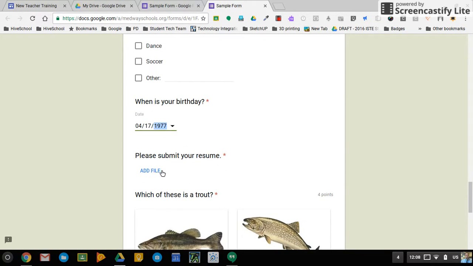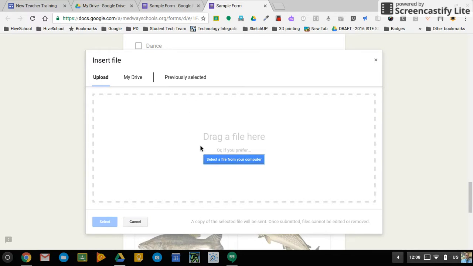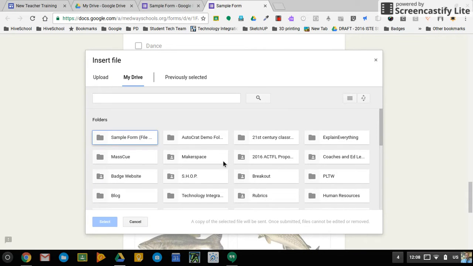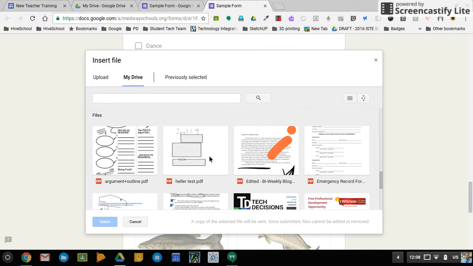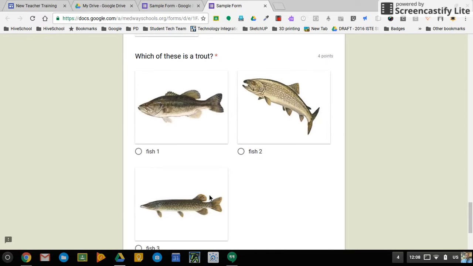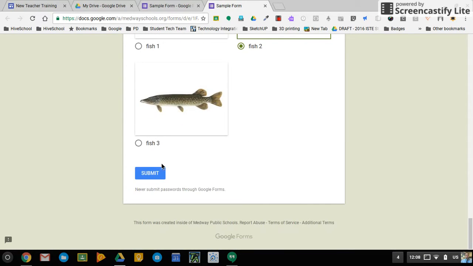Submit your resume. So here's the file upload button, and what you can do is click on add file, and it will bring you to Drive, where you can upload. If we go to my Drive, I can go ahead and upload really any of these files that I have here. So I can upload this PDF. Which of these is a trout? I know this is a trout here, fish 2. And then I would click